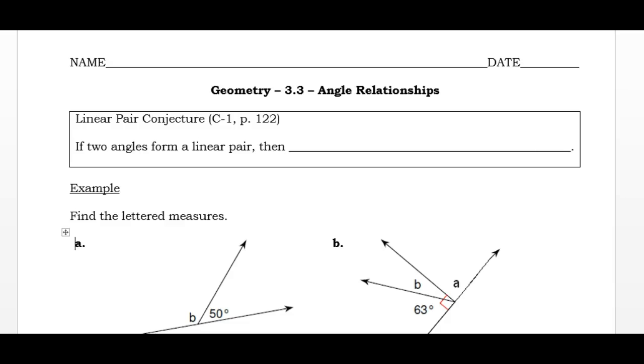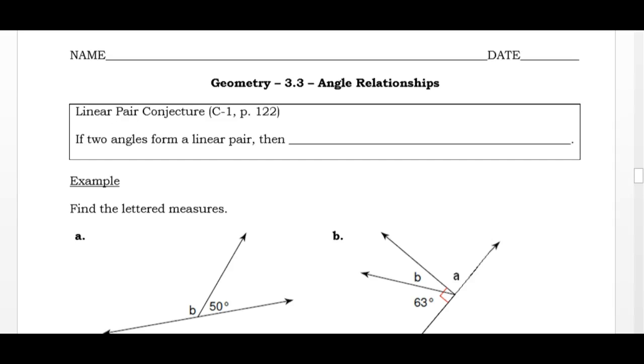This is Geometry Lesson 3.3, Angle Relationships. So we defined linear angles and vertical angles back in Lesson 1.3. And today we're going to come up with some conjectures using patterns to figure out some things about linear angles